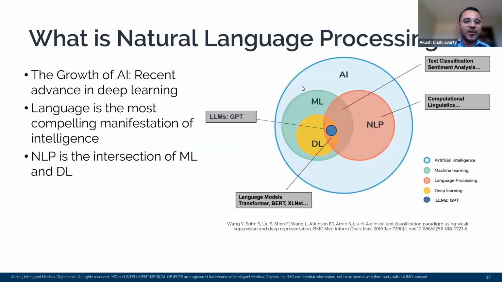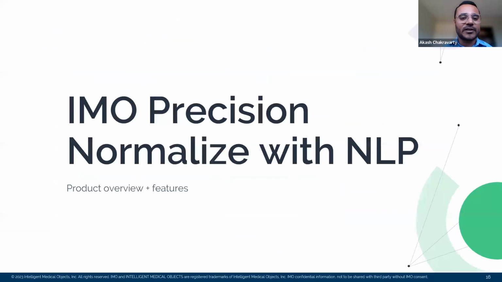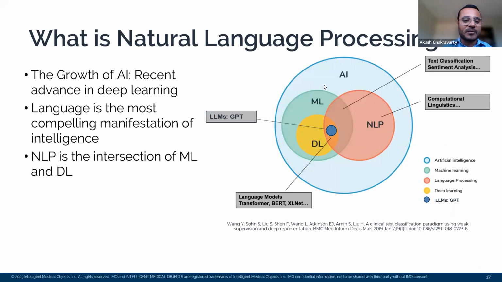Thanks, Andre. So before I delve into the product features, I wanted to talk a little bit about NLP because a lot of the words like AI, machine learning, NLP keep getting used interchangeably. So on the next slide, you'll see a graphic which conveys that AI is a much bigger space. Machine learning is a part of it, and deep learning is a subset of machine learning. NLP is a combination of both machine learning, deep learning, as well as computational linguistics. It is a field that focuses on language understanding and generation, whereas machine learning and deep learning are sort of the tools that make this possible.